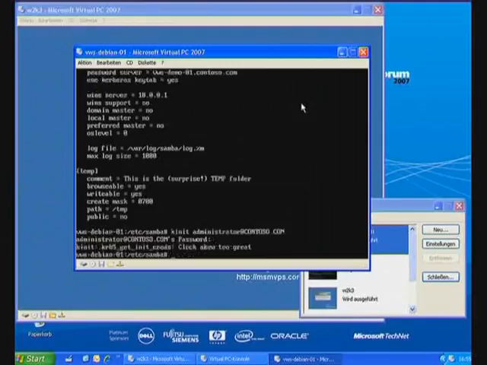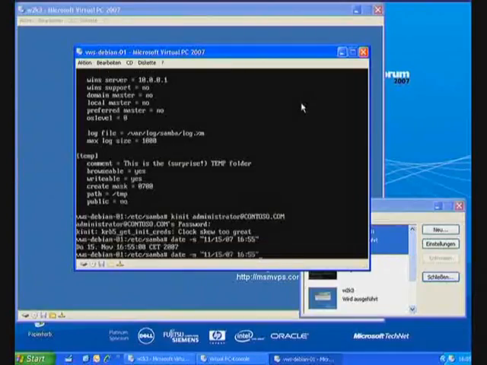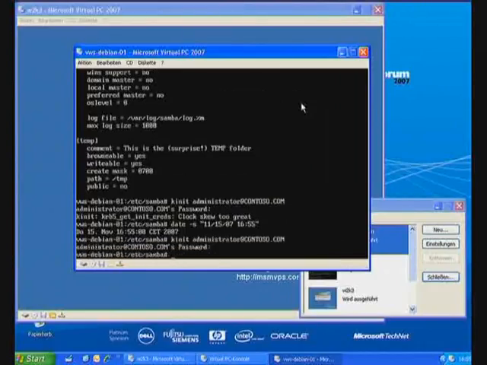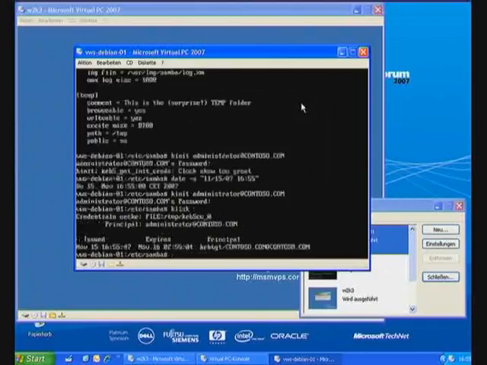It's 16:55 meanwhile, just a service for me to give you the actual time. So again, here we are. Now admin has a password, and if I'm now going to say net ads join,